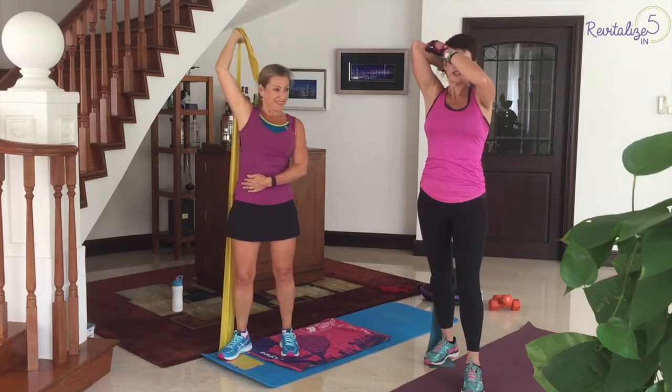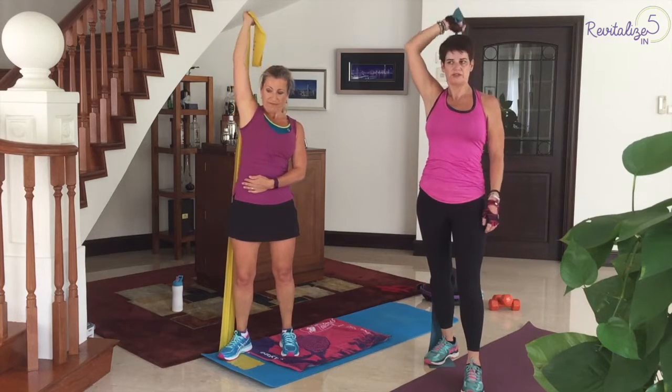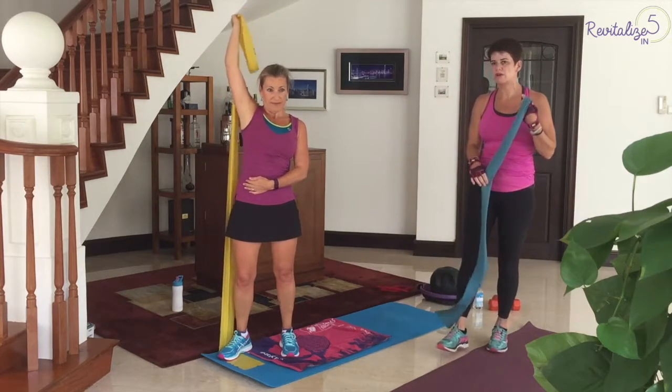How you concentrate it is to not allow any other movement. So if I was to go like that, I'd be using the shoulder. It would be ineffective on the tricep, but not terribly good for the shoulder. Okay, exhale as you come out, inhale as you come back. Do the same with the other arm as well,